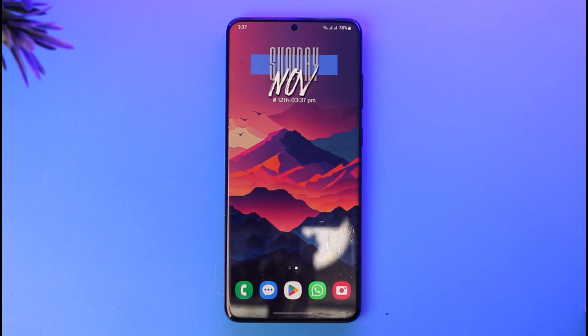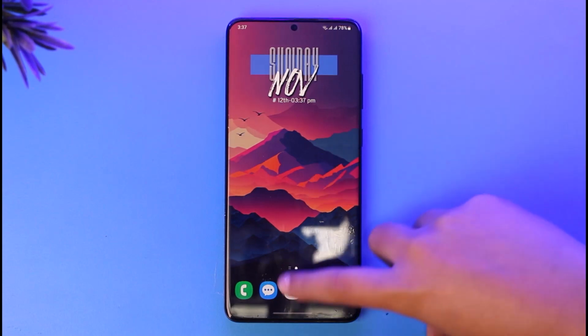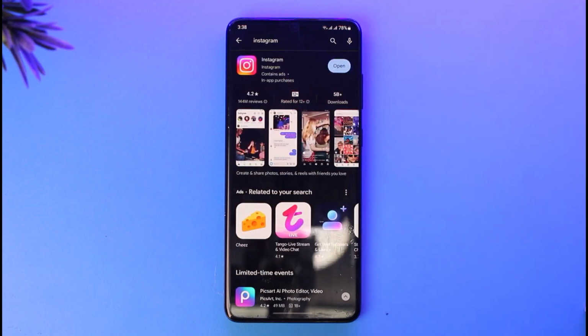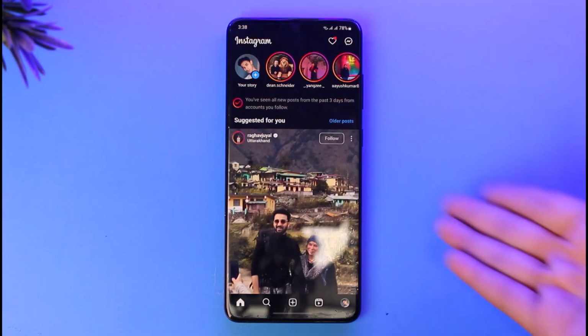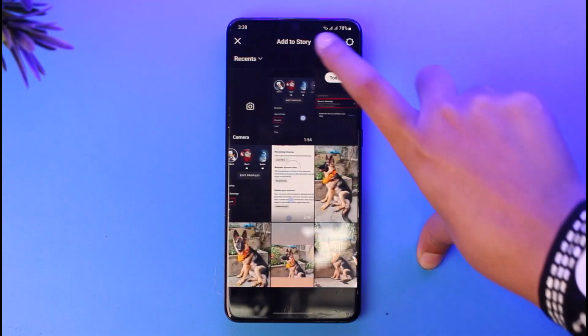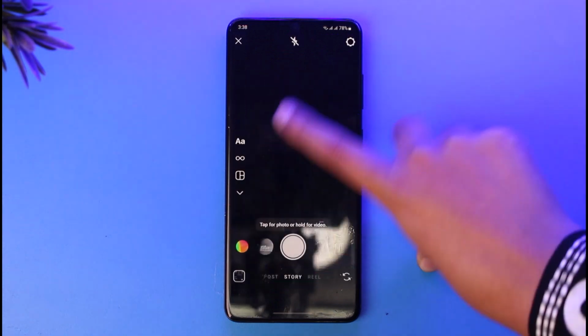For the matter, what you're gonna do first, you're gonna go ahead and access your Play Store and type in Instagram on the search bar and see if it's updated or not, because if it's not, then sometimes the lags and the error could be one of the reasons why you're having it. Go ahead, update it, and tap on this open option, and then you're gonna find this kind of home section, right? You're gonna go ahead, tap on this plus icon beside your profile and go ahead, create yourself a story,